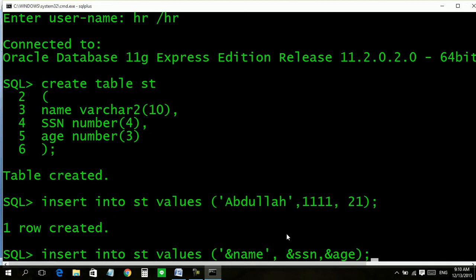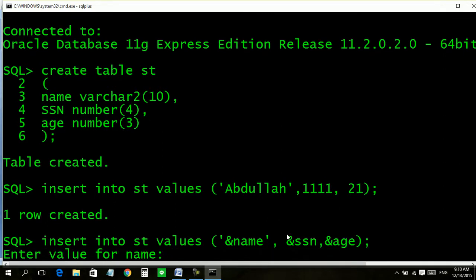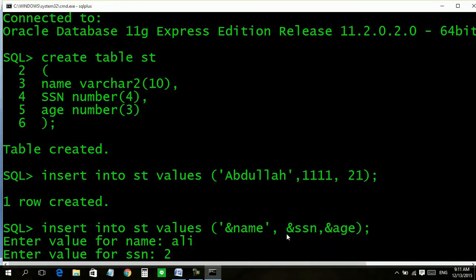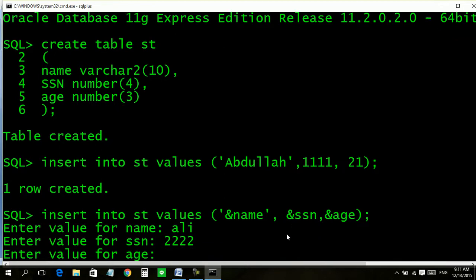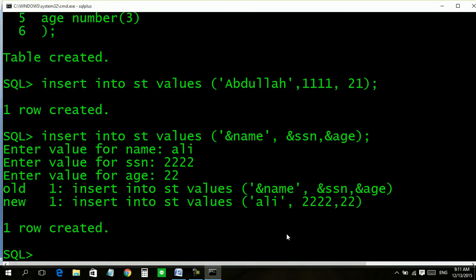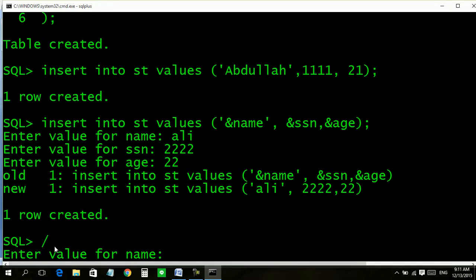Now let us see how it takes values. Now it is asking for name. Ali, SSN 2222, age 22. Okay, it says that one row created, it has created another row. Now here comes the benefit of this method. For entering values again, you need just only this.